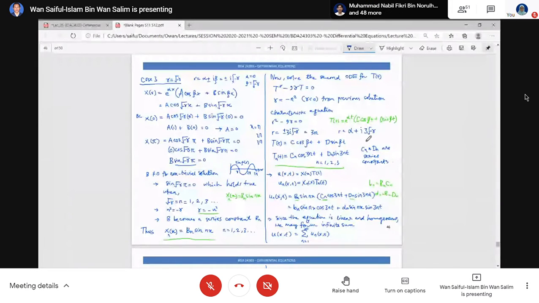Alpha equals 0, and beta equals 3 times square root of minus gamma, which is n. Then we substitute this beta into our solution,